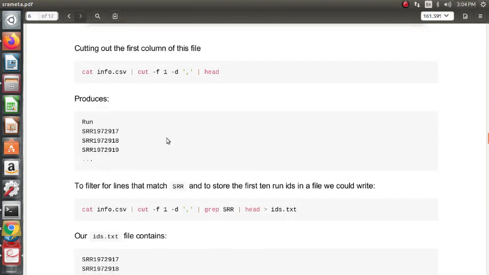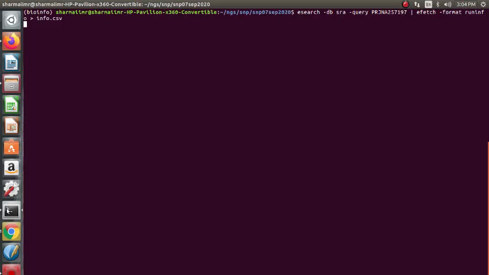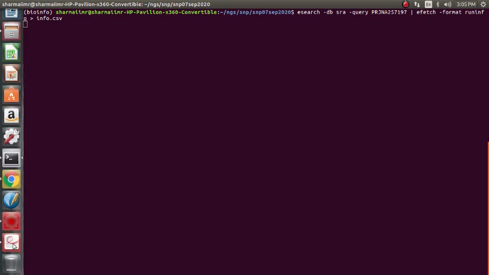The first column is obviously the SRA run IDs. Over this comma separated value file, there will be a count of 891 SRA run IDs. So let this download.